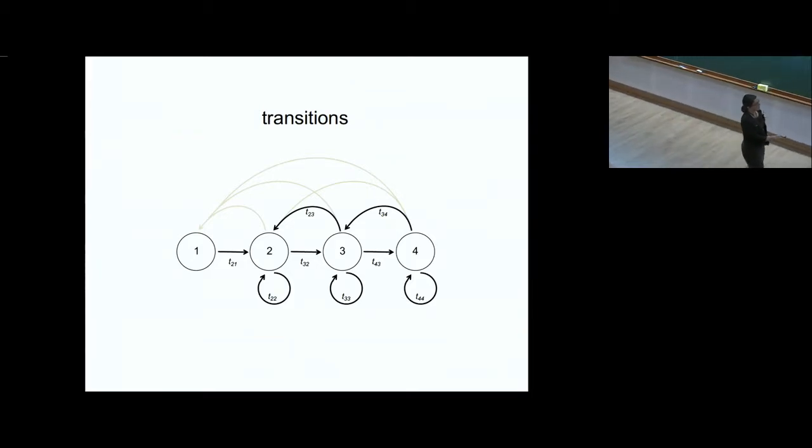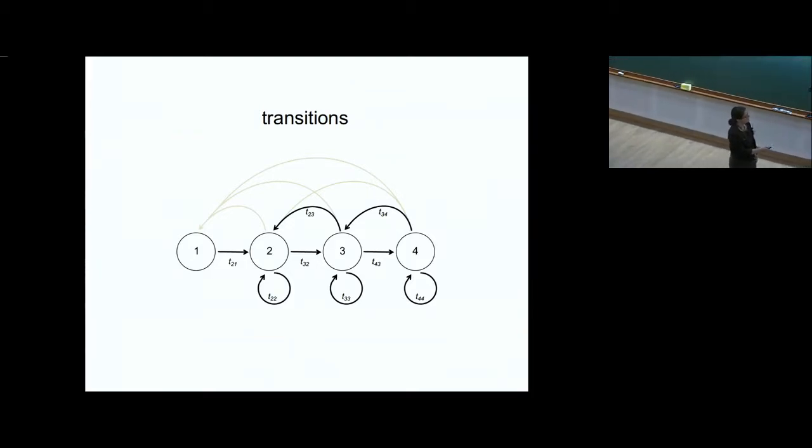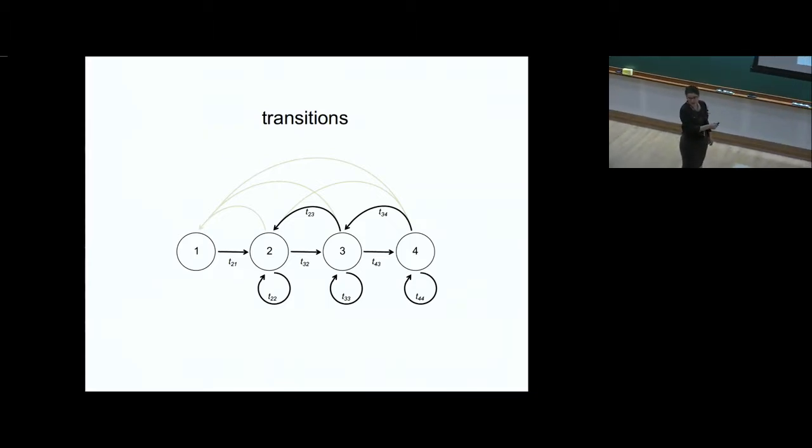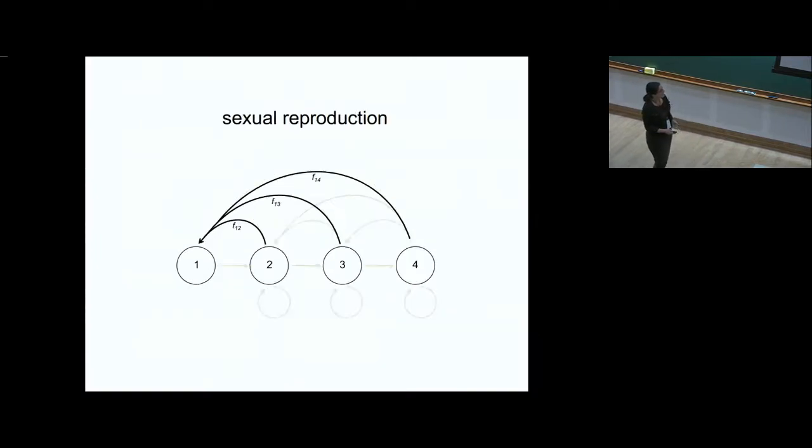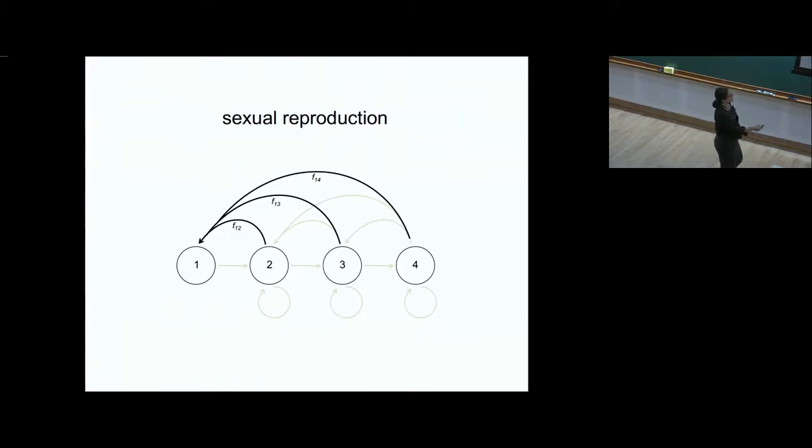But for all of these kinds of things, getting bigger, staying the same stage, maybe getting smaller again, you might imagine that the organism that starts here and the organism that starts there has the same genotype and the same phenotype. So it takes both with it. That's not what happens with sex, right? With sexual reproduction, the organism that's the parent, or the 2 organisms that are the parent, contribute to the genotype, which presumably also contributes to the phenotype, but not directly. So this is a very different type of transition.